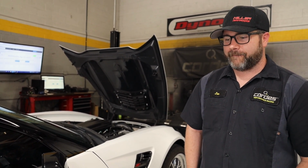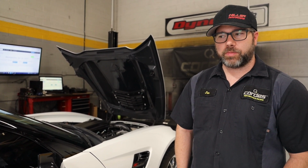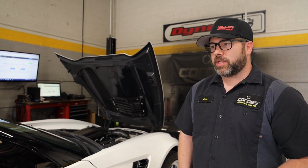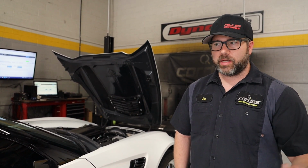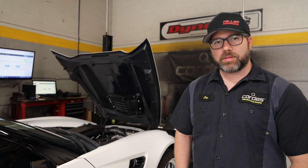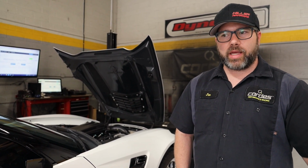Out of every vehicle, I think this is the one that really put us over the edge, because when we built this originally, it made 840 on the stock bottom end, and it did it for like 13,000 miles. People were blowing them up left and right at like 600 wheel, and this one just kept going and going and going. It really solidified why we are so good at these, not to sound arrogant about it, but